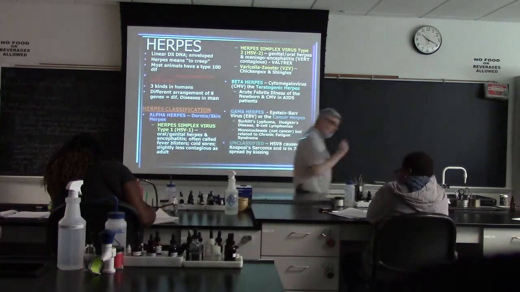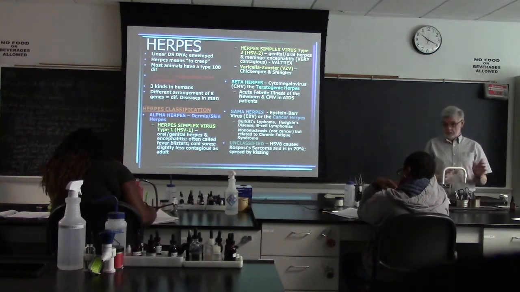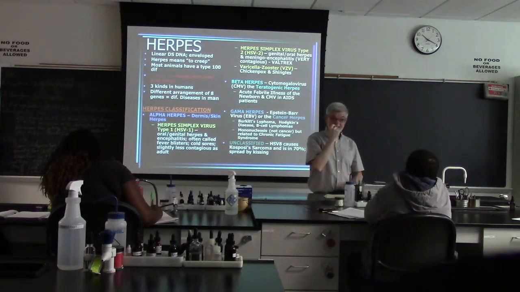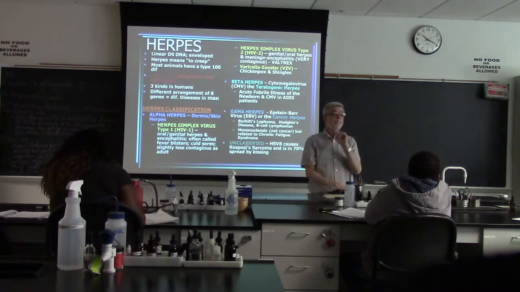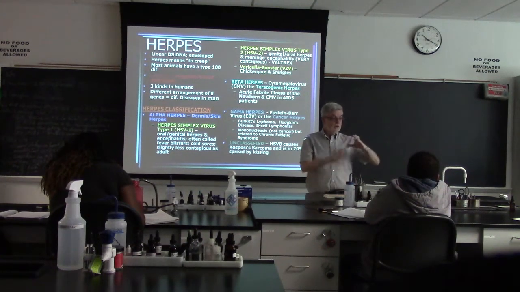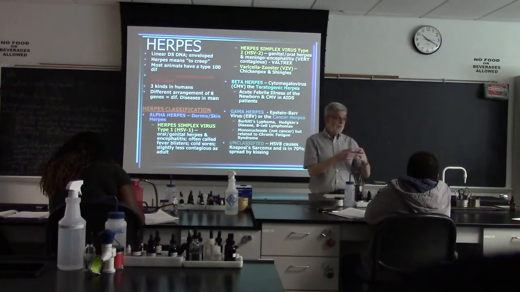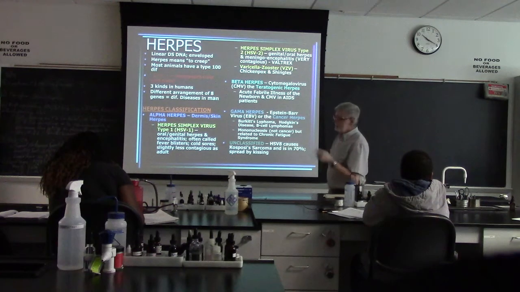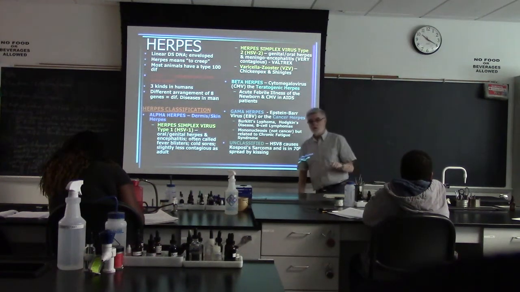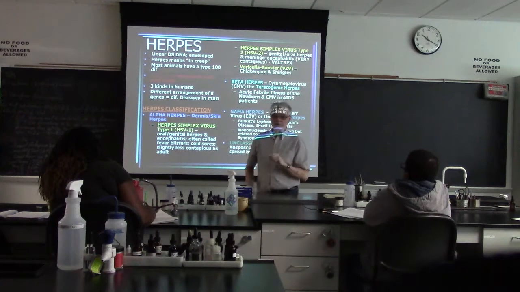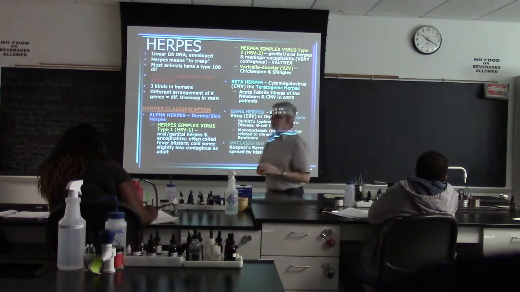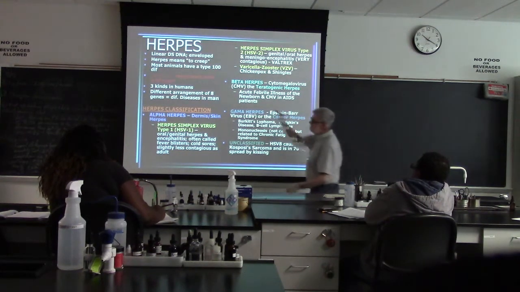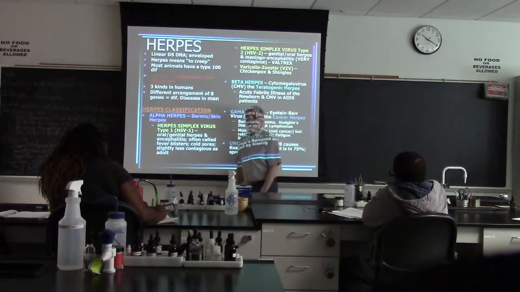So anyway, the best way to detect a particular virus, particularly herpes, is to take a sample of the fluid from a lesion and send it to a lab, and they put it in tissue culture and look on a tissue culture scope, which shows a lot more cells than just scraping it, which is a pap smear. So if I ask you which is the best way to diagnose herpes, you're going to say cell culture. What's the second best? Pap smear or a slide smear. Anyway, alpha herpes, there are 3